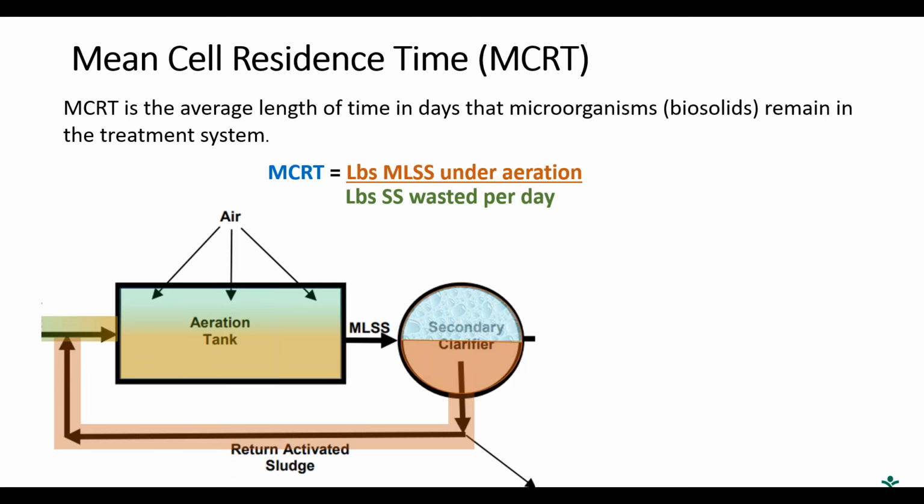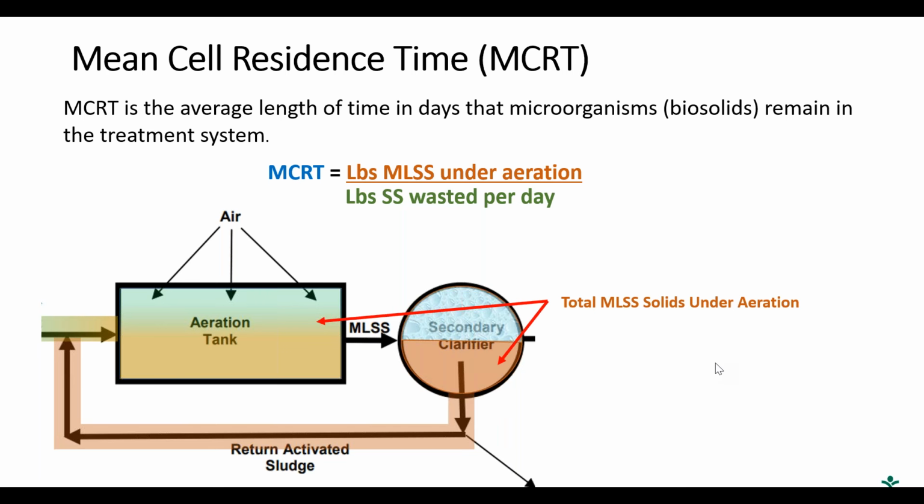The general formula for MCRT is the pounds of mixed liquor suspended solids under aeration divided by the pounds of suspended solids that are wasted per day. So you see in this equation that the waste activated sludge has a big impact on the MCRT. As solids